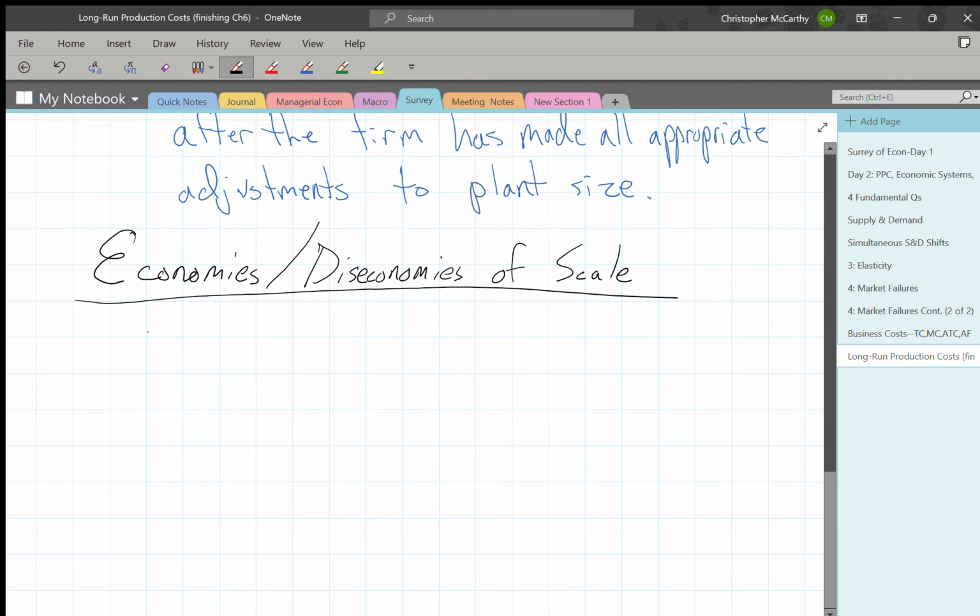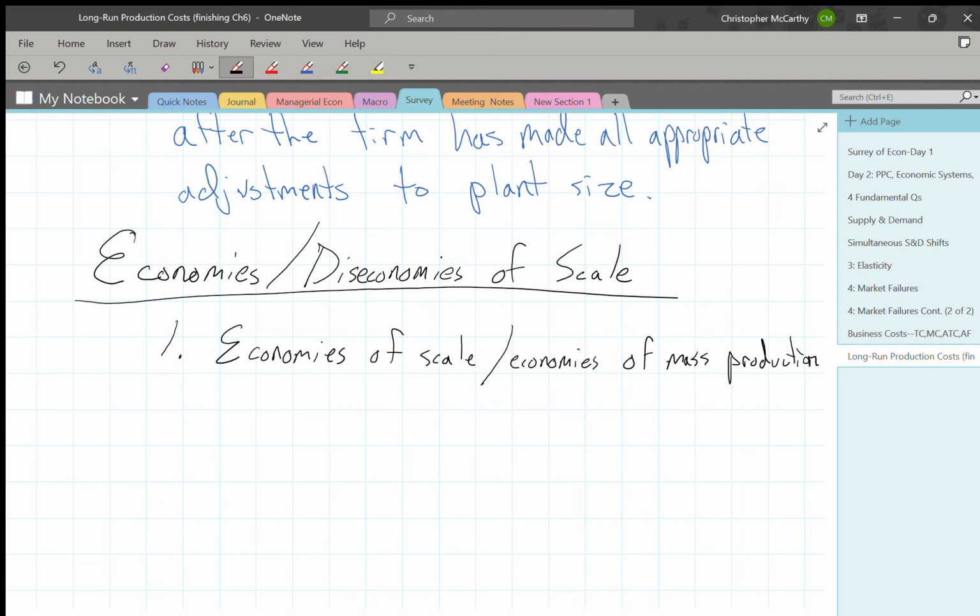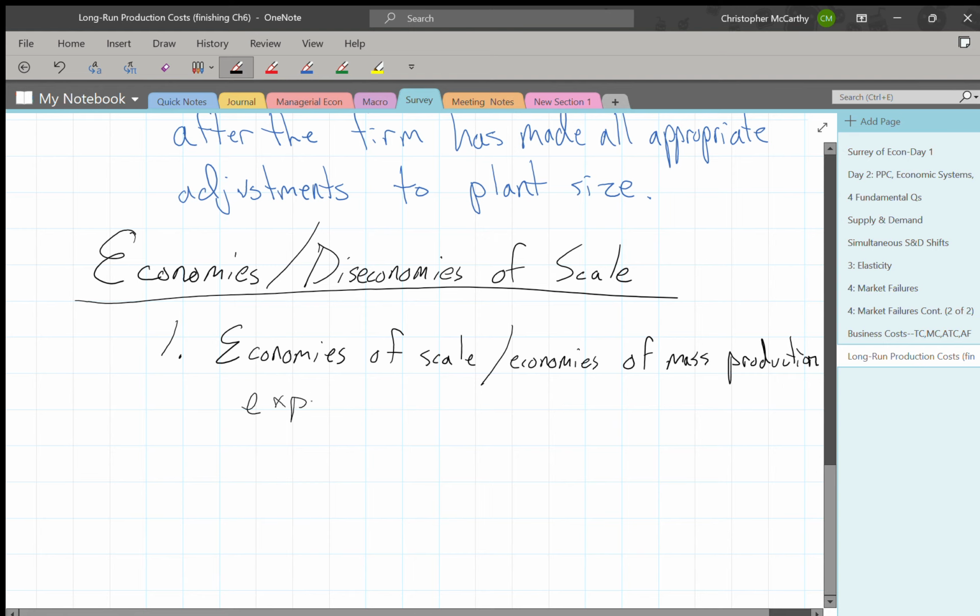So economies of scale, or what you might have heard, economies of mass production, expand the downward sloping part of that ATC curve. So as plant size increases, some of the reasons for this: